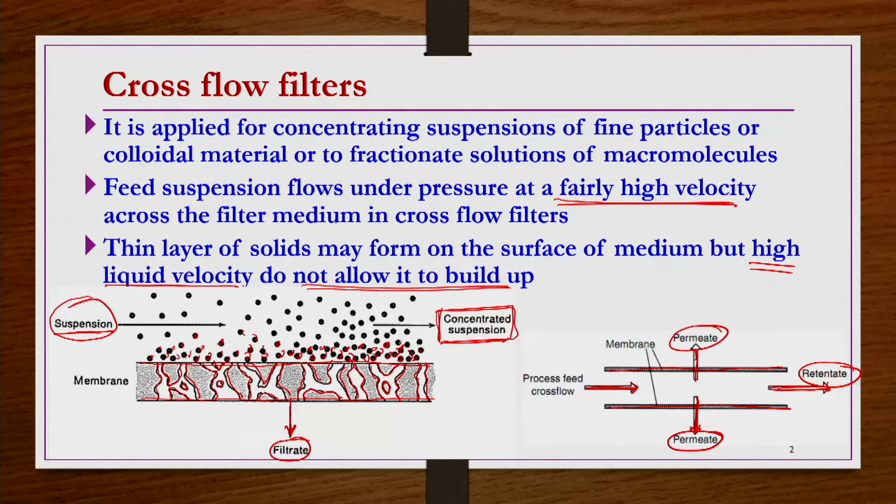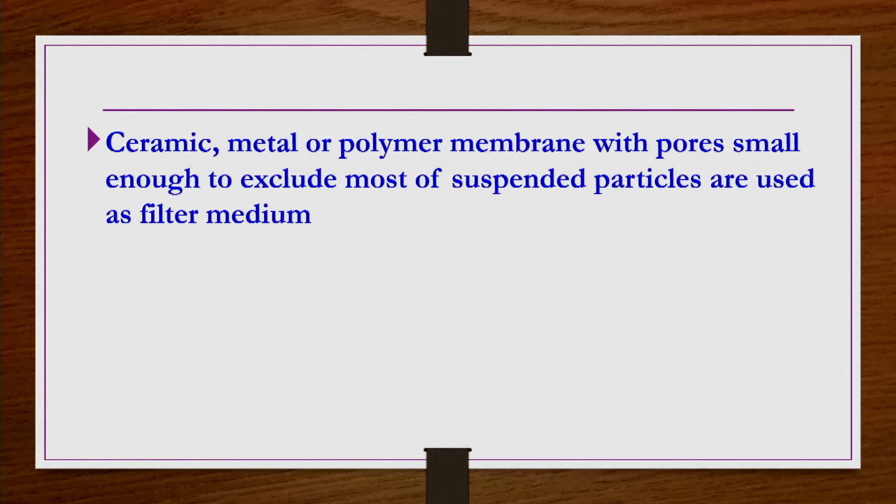That is the reason pictorially we can also see on the retentate side in this picture that more particles are there compared to the other sides, because more particles are being carried in the flow direction as retentate because of the high velocity of the feed that we have taken. Okay. So we understand these membranes are the filter medium for this cross flow filtration.